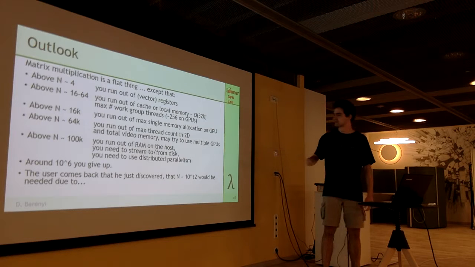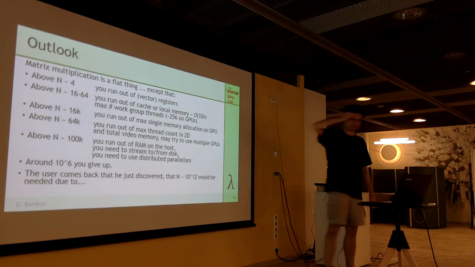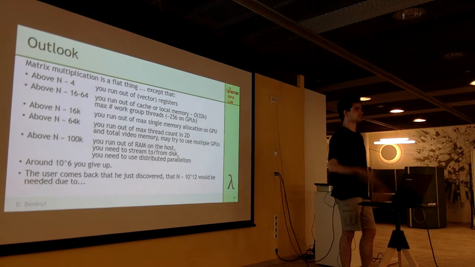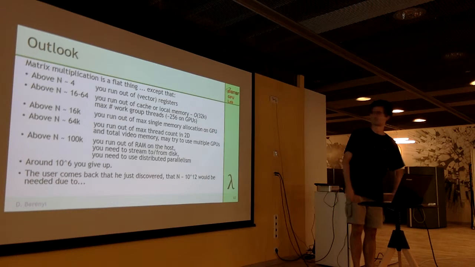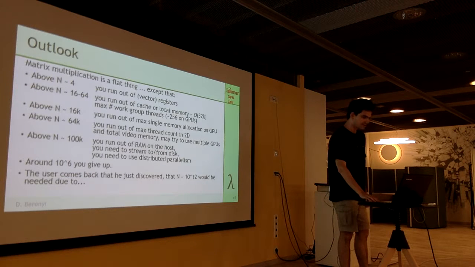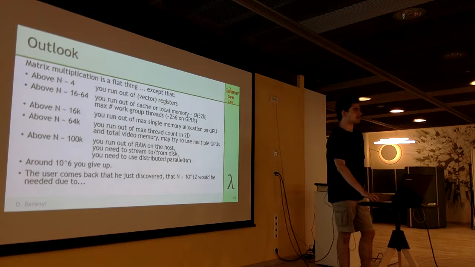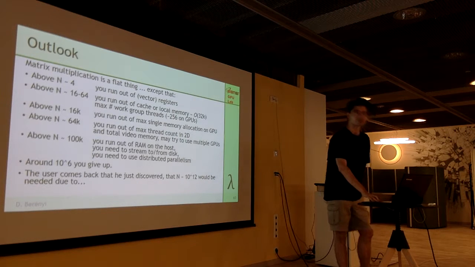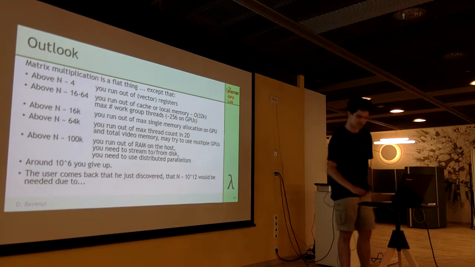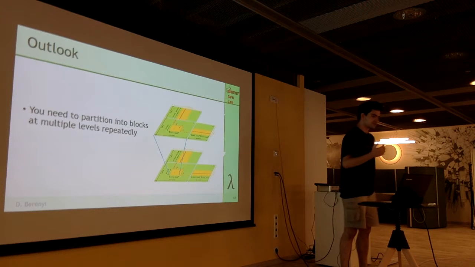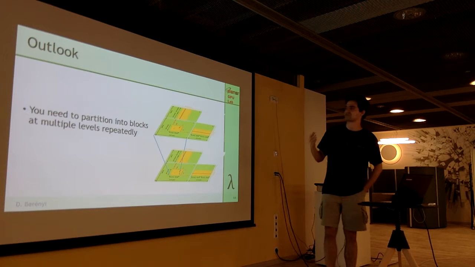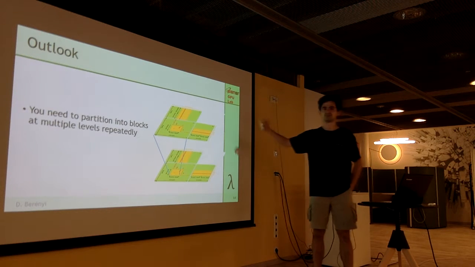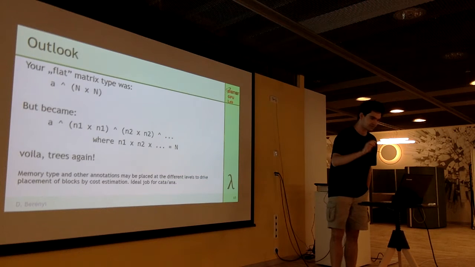And the user comes back saying it turned out that he really needs 10 to the 12 because of some technicality in mathematics and whatever. So this is really a case that is usually happening. Implementing such things properly is really too slow because the underlying theory changes much faster. So something should be done to automate as much of the problem and the process as is possible, taking use of all of this. So of course the underlying stuff is that you need to partition your flat algorithm, your flat data, into multiple levels repeatedly. And this, of course, induces a hierarchy.